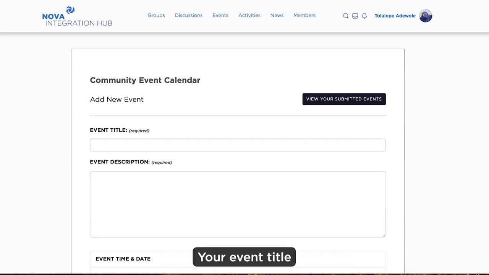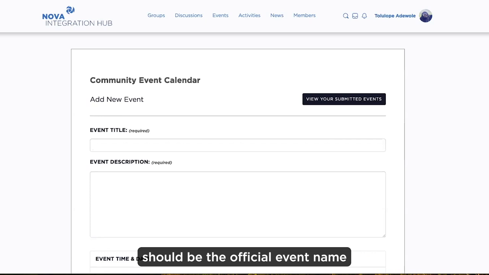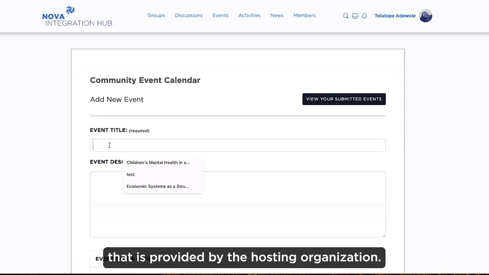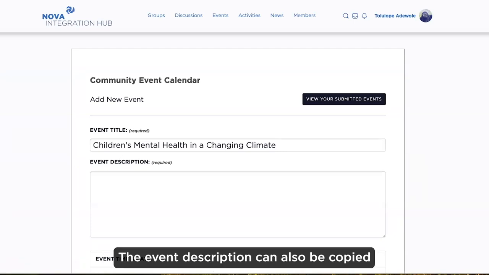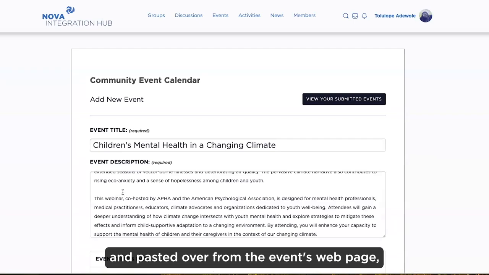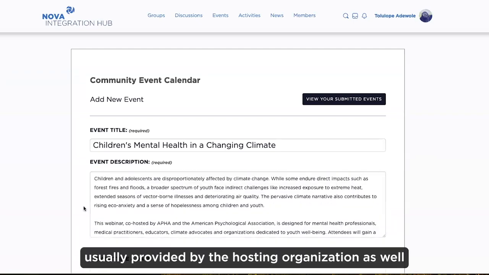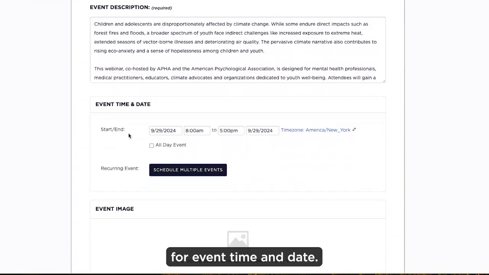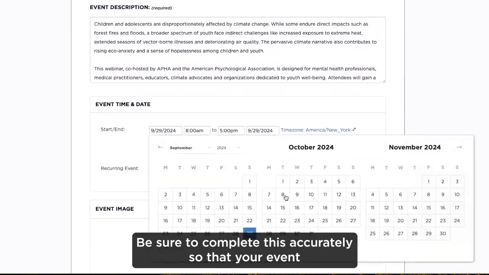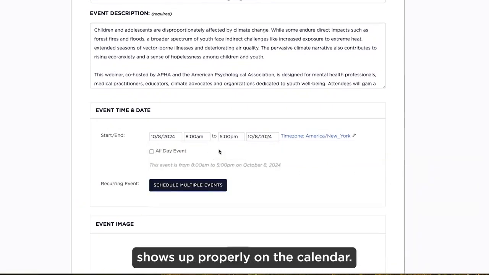Your event title should be the official event name that is provided by the hosting organization. The event description can also be copied and pasted over from the event's webpage, usually provided by the hosting organization as well. For event time and date, be sure to complete this accurately so that your event shows up properly